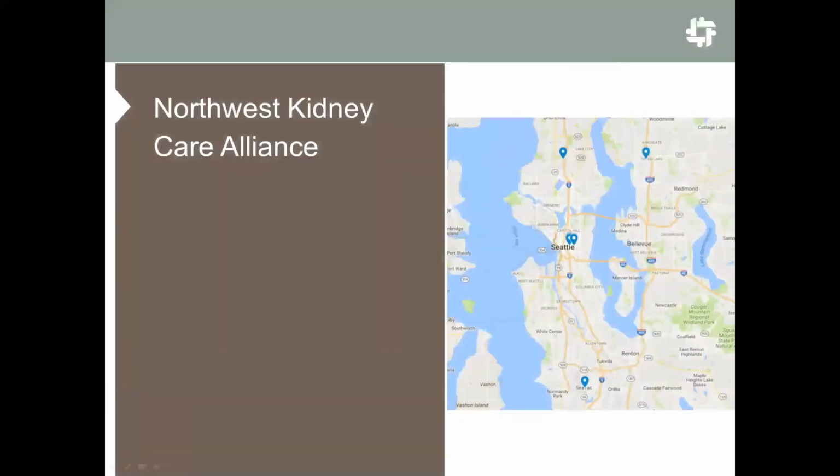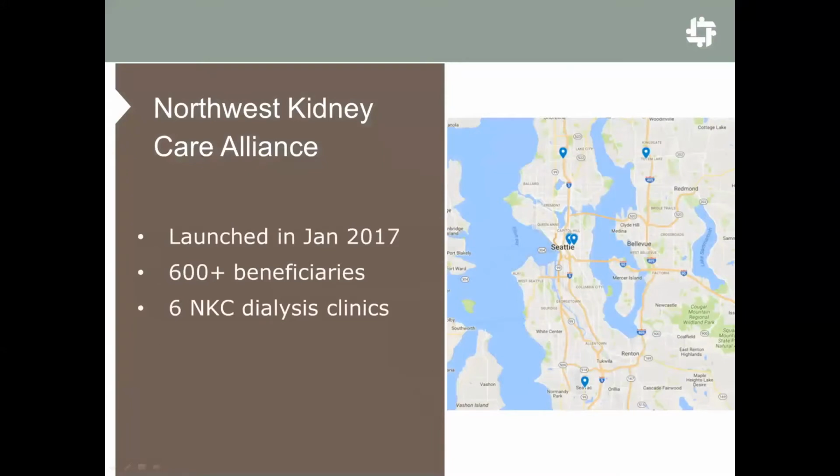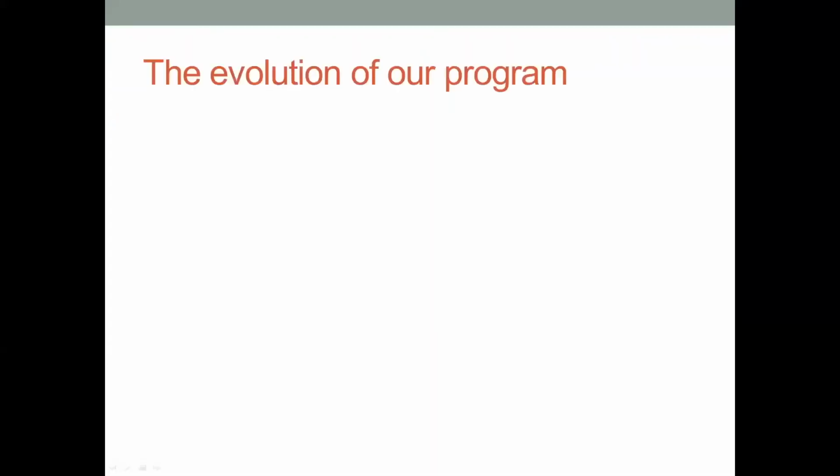And so a couple of years ago, this opportunity arose when Northwest Kidney Centers was embarking on starting an ESCO, or End-Stage Renal Disease Seamless Care Organization, again, essentially an ACO for dialysis patients. It launched in January 2017 and covers about 600 plus beneficiaries across 6 different clinics, 3 in the downtown area, as you can see here, in other areas north of Seattle, south of Seattle, on the east side, and encompasses both in-center hemodialysis patients as well as our home patients on home hemo or peritoneal dialysis.